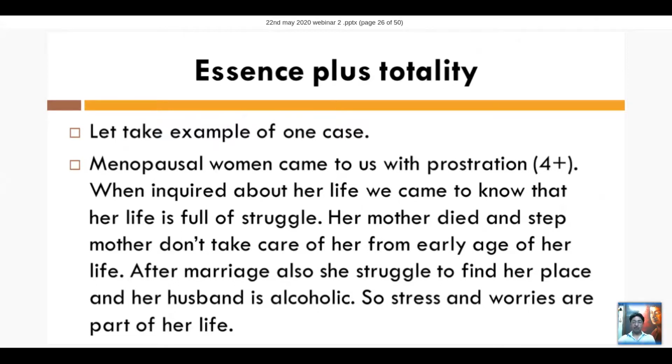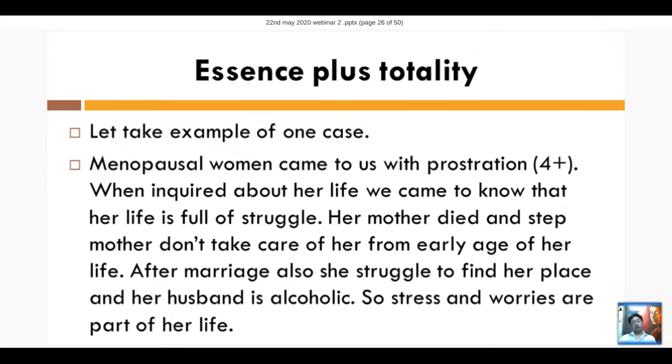I'm giving you one example. For example, a menopausal woman came to us with extreme prostration, 4 plus. Whenever you take a case, always give intensity to the symptom according to the patient. Always. This is very important because it changes everything. For example,